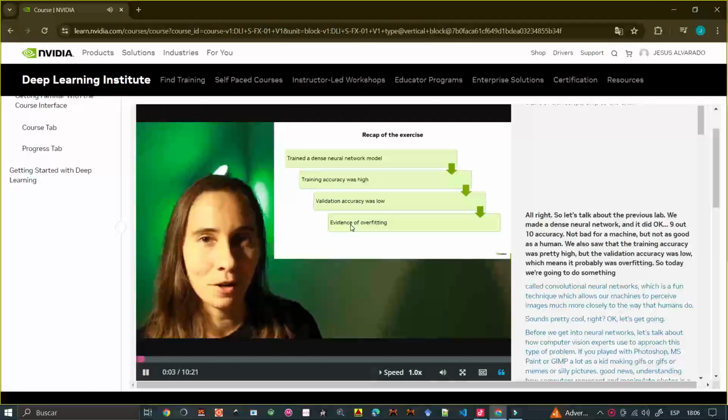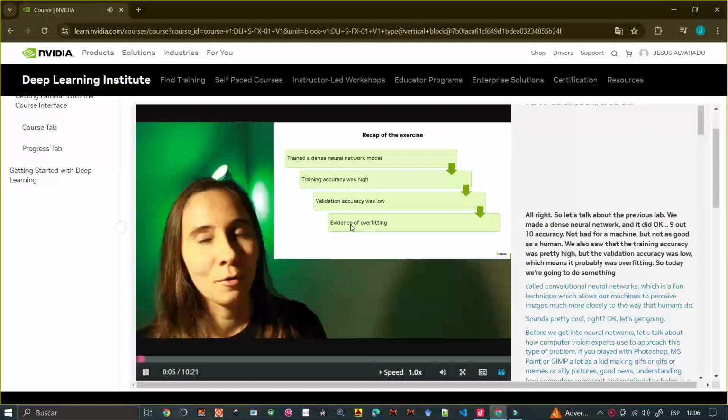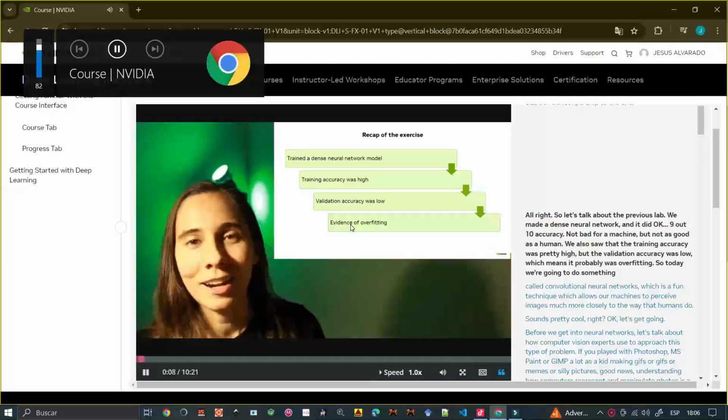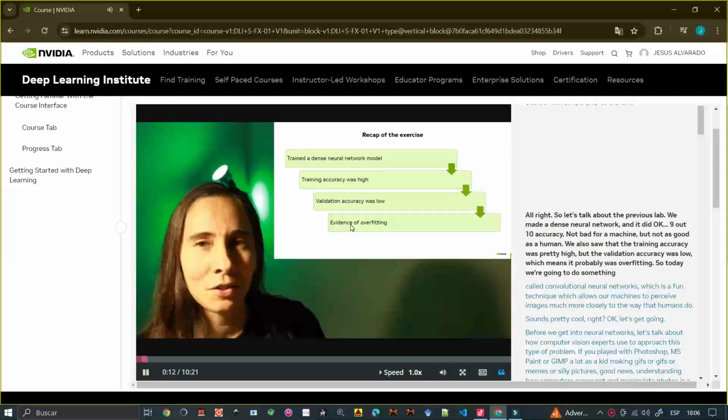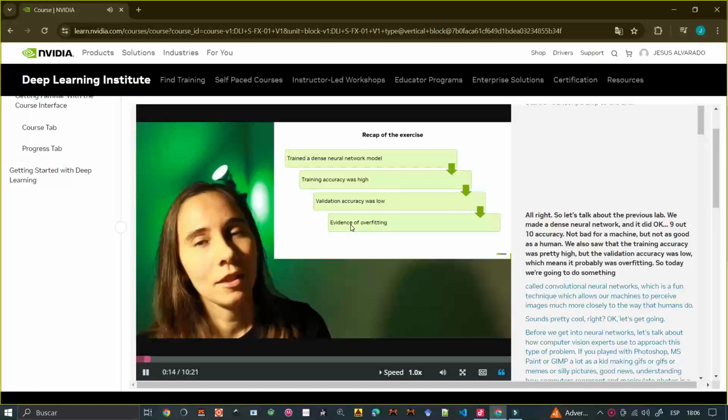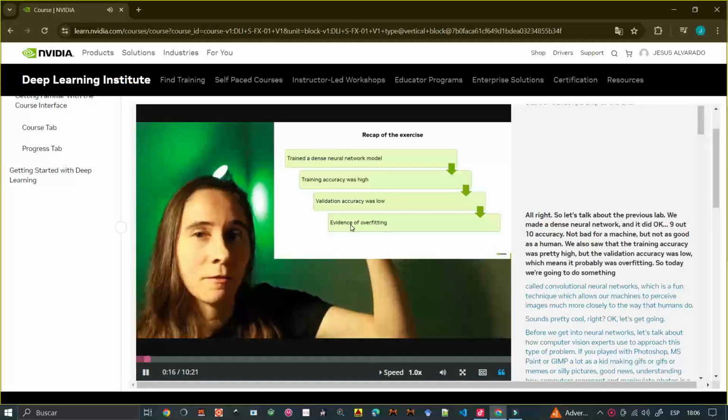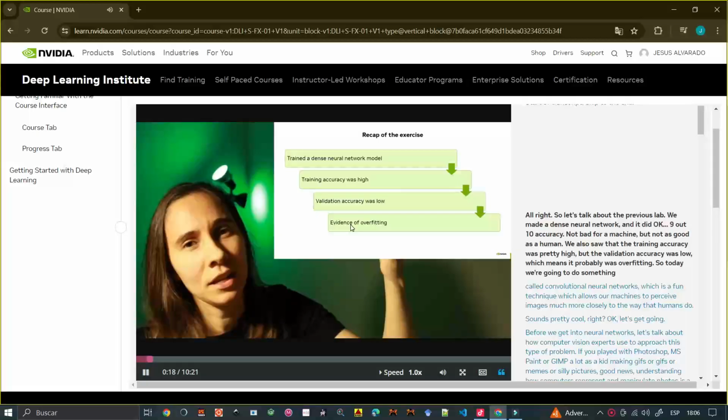Alright, so let's talk about the previous lab. We made a dense neural network and it did okay, 9 out of 10 accuracy. Not bad for a machine, but not as good as a human. We also saw that the training accuracy was pretty high, but the validation accuracy was low, which means it probably